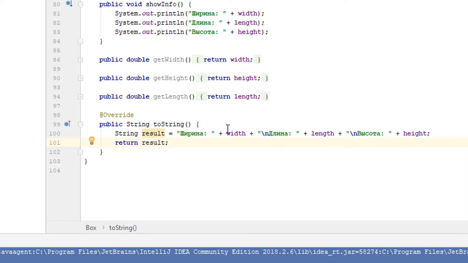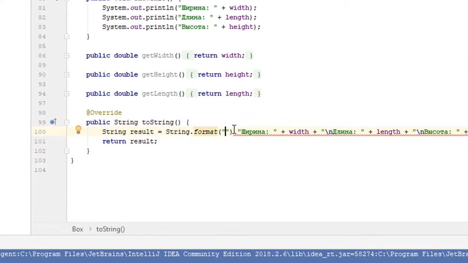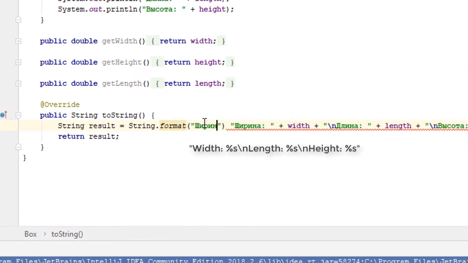This line can be presented in a more convenient form. To do so, the static method String.format can be called for the String class. I will write it first and then explain what it does. String dot format, and in the brackets create the following string: width, colon, %s, carriage return, length, colon, %s,